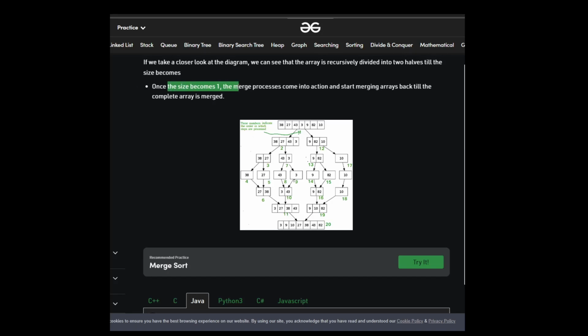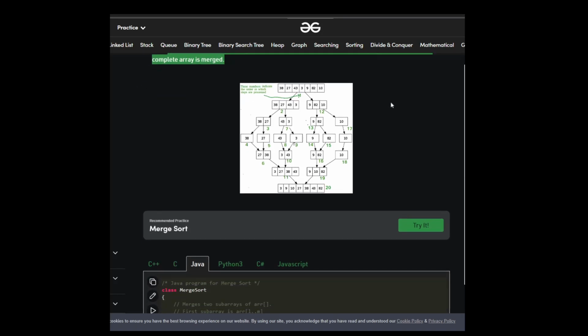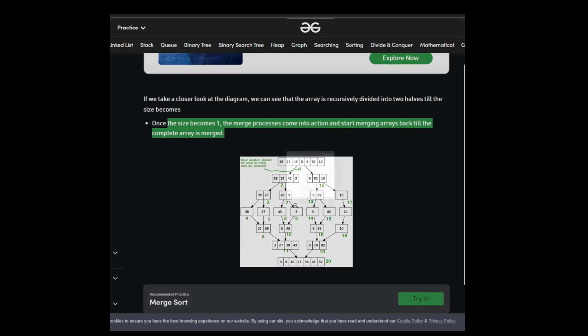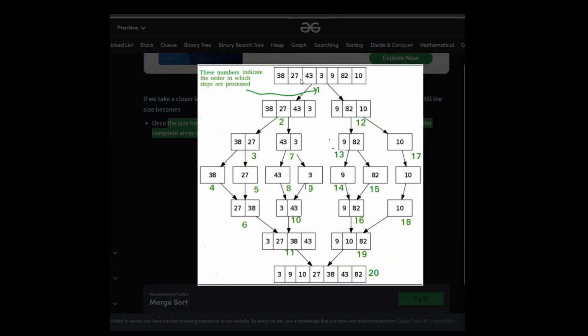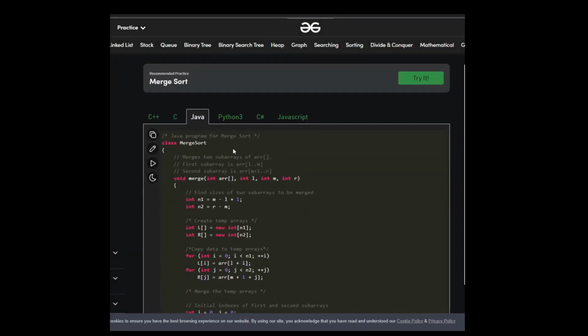So once the size becomes 1, the merge process comes into action, and the merging starts back. Okay, so here we divide it. Yeah, so 27, 38, 3, 4. So after this, when we merge again, I think this is sorted. So I think we have to add that, but